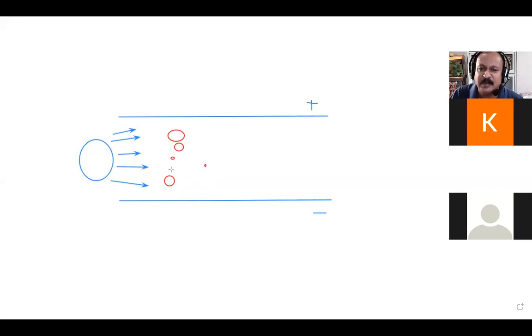Then I'll also put the charges on them. So if this is negative, this is positive, double positive, this is single positive, this is double negative, and a single negative. This is a single negative, but it has a heavier mass. Heavier particles will tend to go a little slower, and the deflection will be lesser, and the deflection for this will be more.